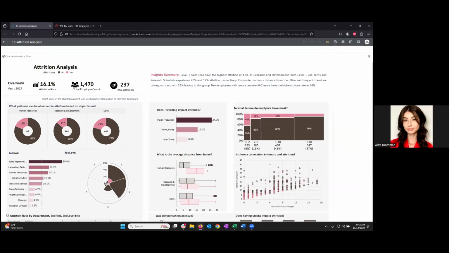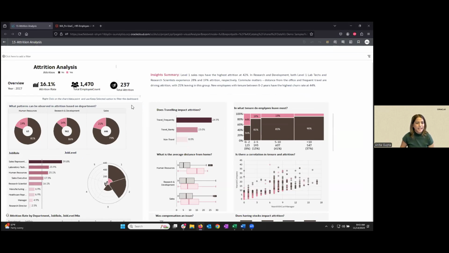Looks great. All right. So this visualization is all about solving a challenging business problem in Oracle Analytics. And the challenge is employee attrition. Attrition, as you might know, is the problem of employees leaving at a faster rate.